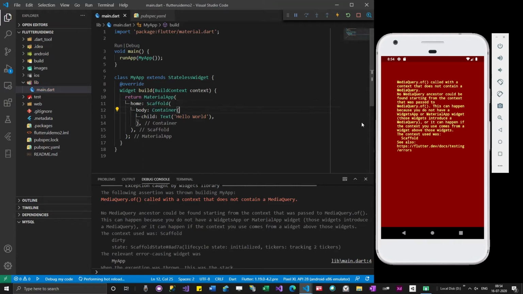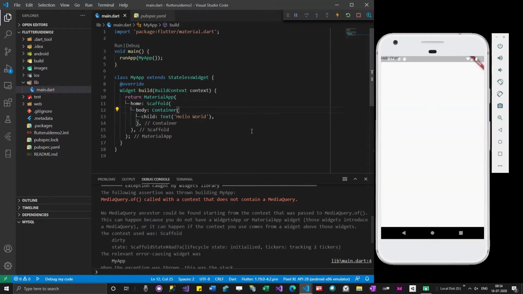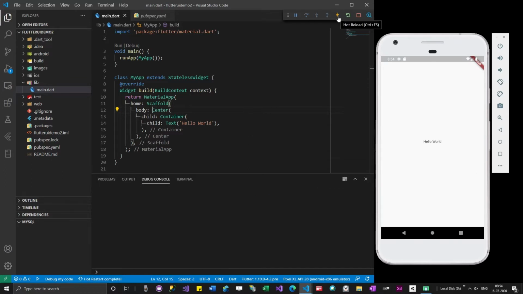Okay, now at this point you actually have the app. Let me move the text to the center. Let's see if I can move this to center using this. Okay, it has moved also. I can do it like this, or I can actually click here and move to center. So in both cases the effect is the same.